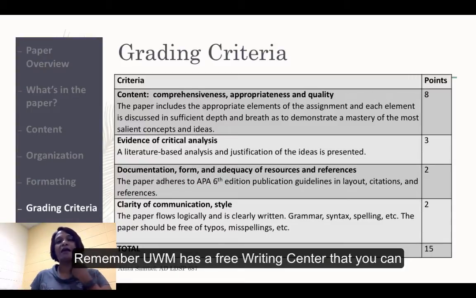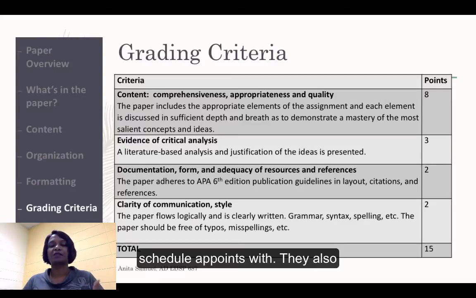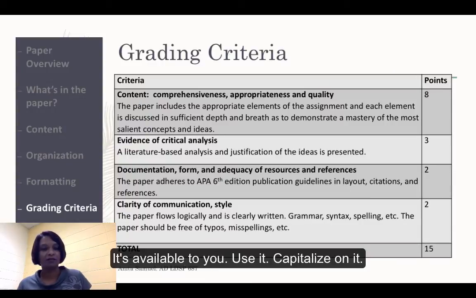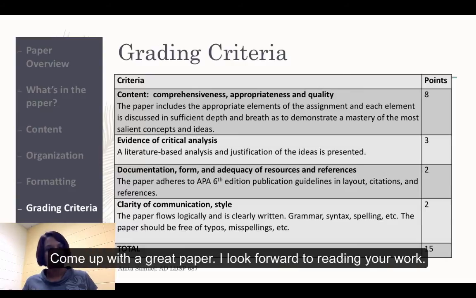Remember, UWM has a free writing center that you can all schedule appointments with. They also do online sessions, so you don't even have to come to campus for it. So it's available to you. Use it, capitalize on it, and come up with a great